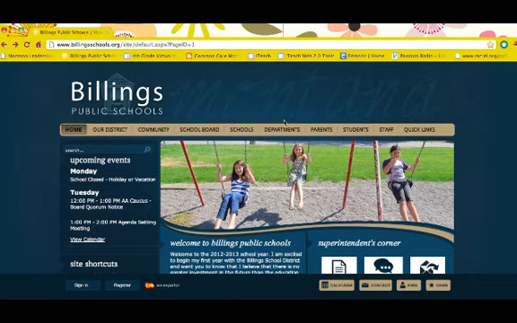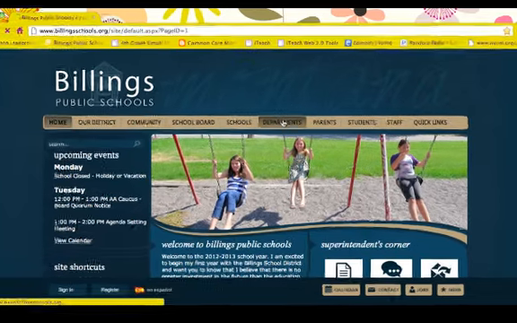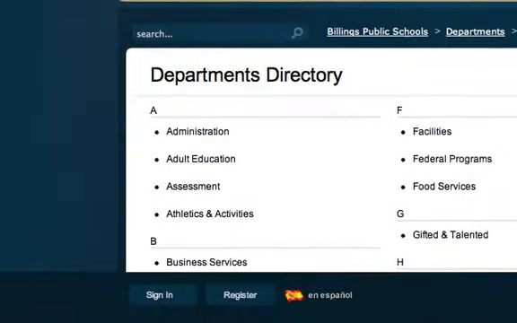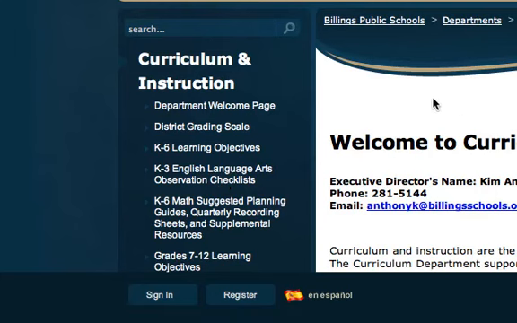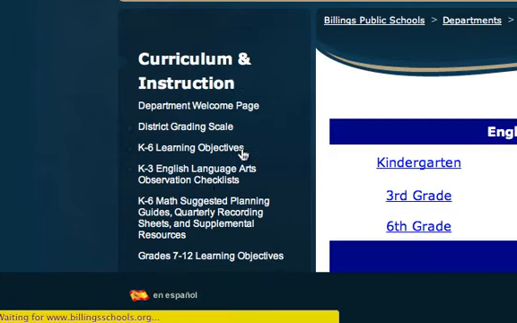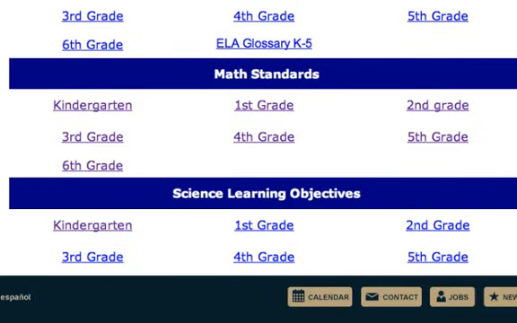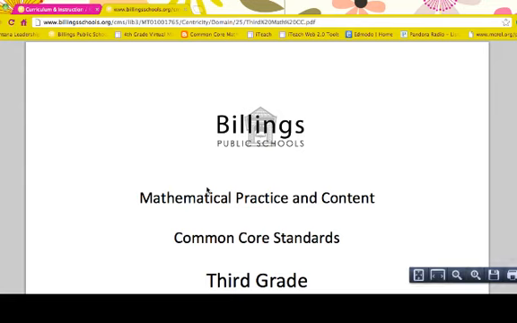So we're at the billingschools.org website. You'll go ahead and click on Departments, scroll down and click on Curriculum and Instruction, and then you'll see K-6 Learning Objectives. Scroll down to Math Standards and you will see standards listed for grades K through 6. I'm going to go ahead and click on 3rd grade. This is a PDF file, so it's going to download. It'll take a few seconds. It will open, or it may be saved in your download folder, depending upon how your computer and your browser